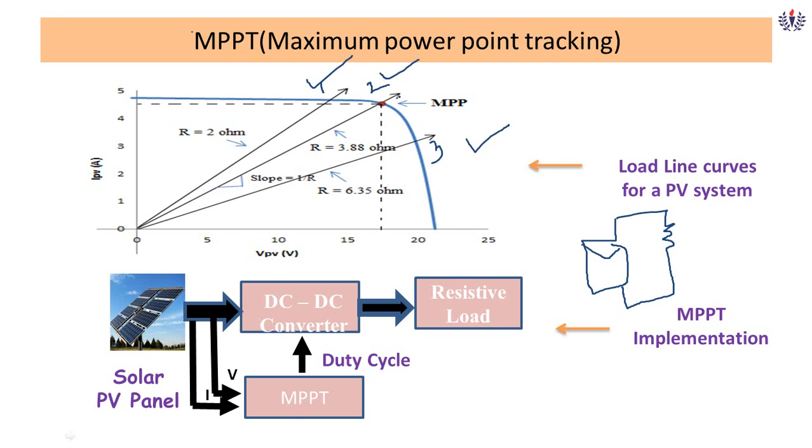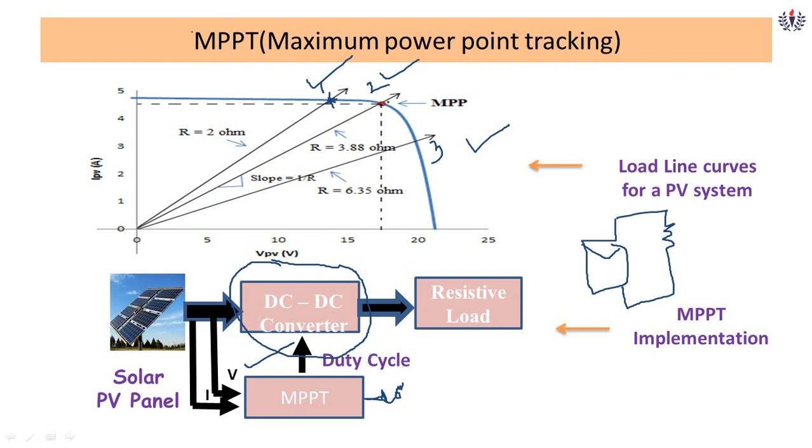How do we do that? When the load changes, we have a box, which you call the converter. What this converter does is take the V and I values of the operating point and give them to a controller. This is the algorithm part. With this algorithm, we try to change the duty cycle of a DC-DC converter. I will come back to what a DC-DC converter is and how we can change this. By changing the duty cycle of a DC-DC converter, we can change the operating point of the PV.